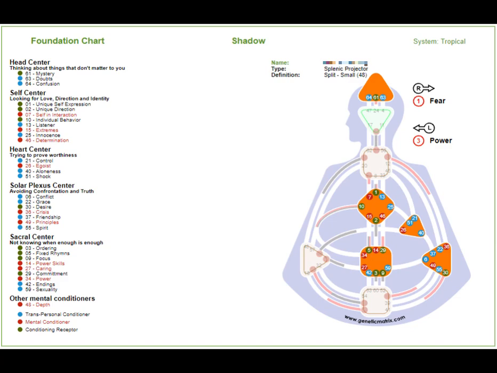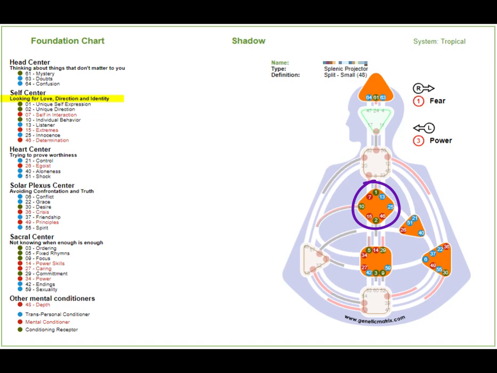those centers. And if you look over to the left-hand side, you'll see this whole stream of data. And it's just really important at this early stage, when you're looking at the not self of that person, well, just look at the line below the center there. So this is someone that thinks about things that don't matter to them, and that becomes important for their own individual decision making. This is someone that's always looking for love, direction and identity, because they have an undefined G